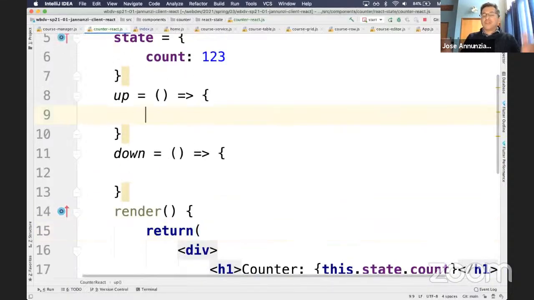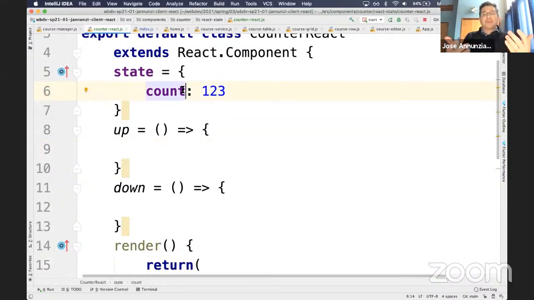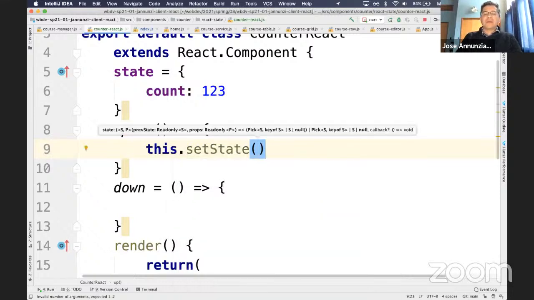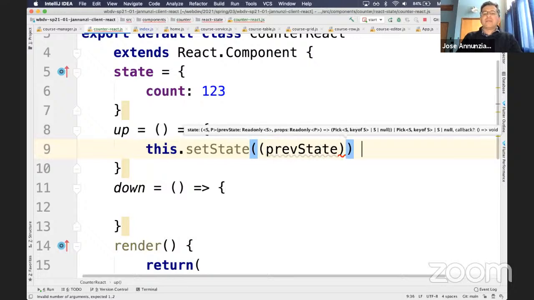So how would we change the state? Well, the new state will be whatever the old state was plus 1 or minus 1. So we need to use the syntax that takes the function as an argument so that we can know what the old state was, the old count, so that we can calculate the new count in terms of the old count. Okay, so this would be something like this.setState, and this would be a function that takes the previous state, and here